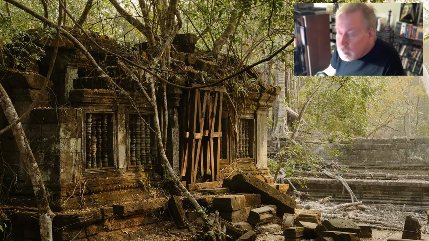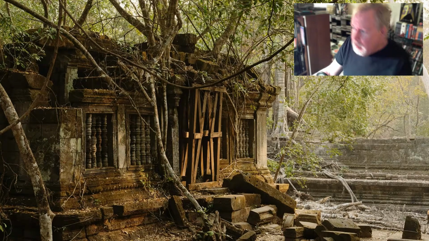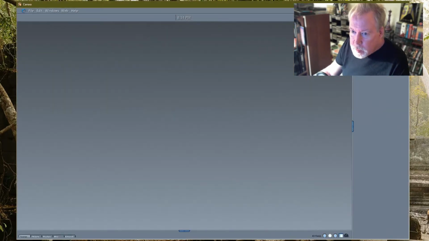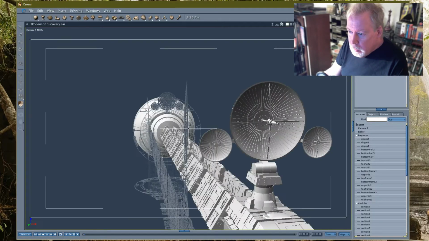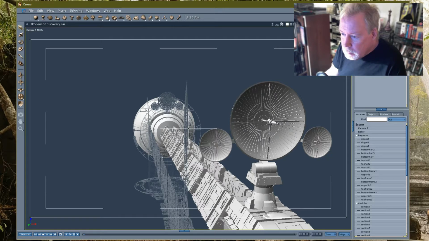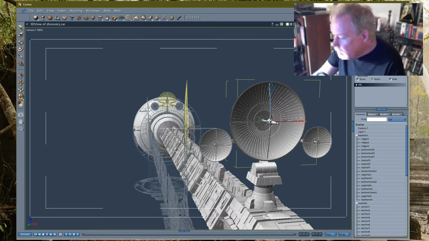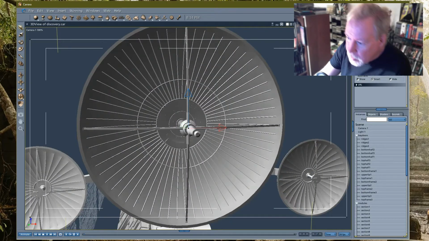What's going on? Am I recording? Okay. You guys are going to watch me crease edges on a model. Won't that be fun? Gotta wait for this thing to load up some. Okay, here we go. Textures are showing up. Okay, let's pick something here. Oh, my mic is in the way of my keyboard. This is going to be interesting.